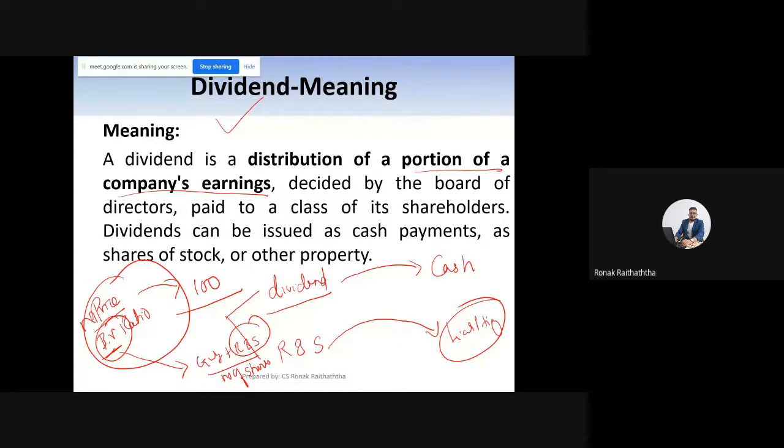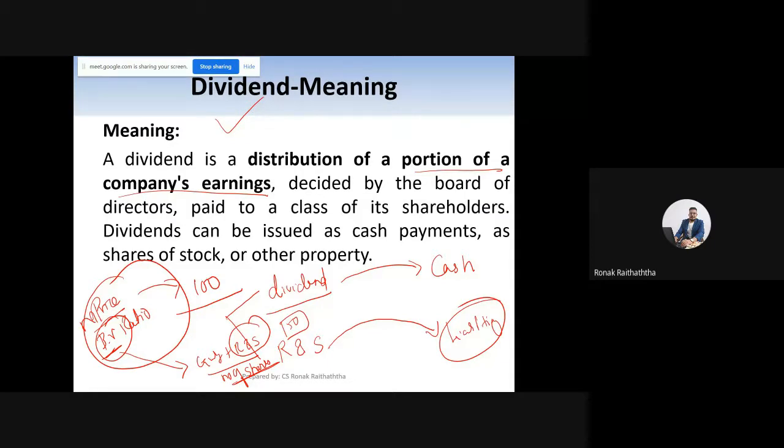You issue your equity capital at a premium. That securities premium is a part of reserves and surplus. You create some mandatory reserves as required for that company as per the Companies Act 2013. That is also part of reserves and surpluses. So equity plus reserves and surplus divided by number of shares, that will be the book value. I may also say that it is the accounting value of each share.